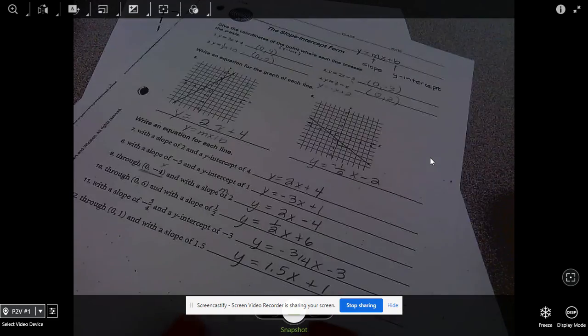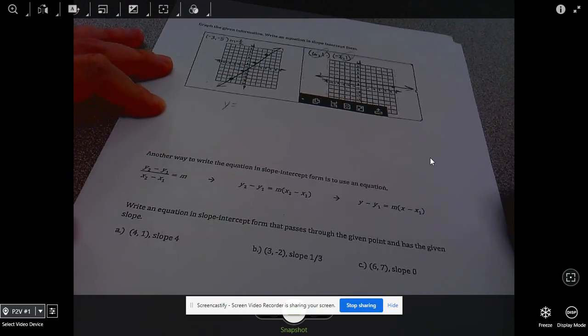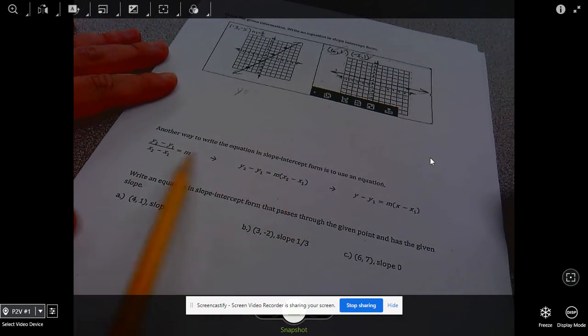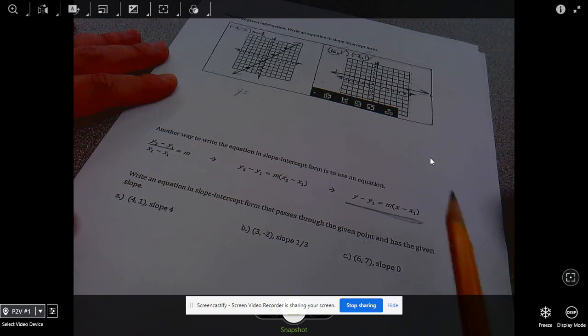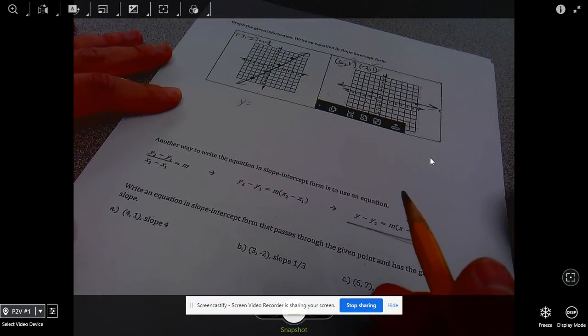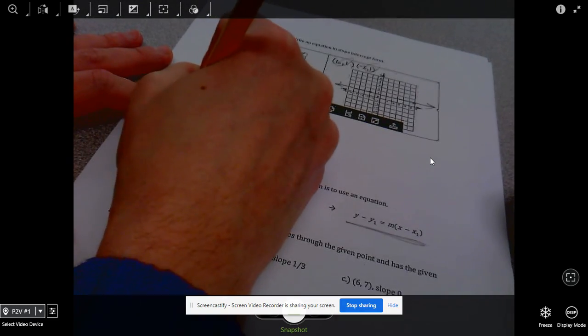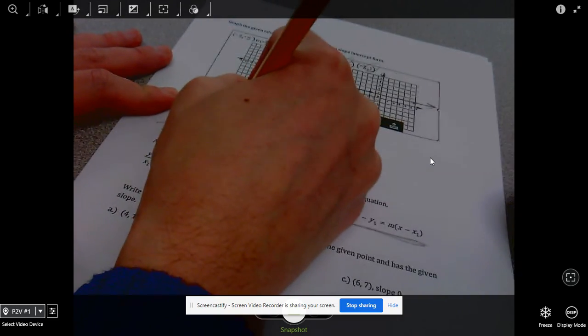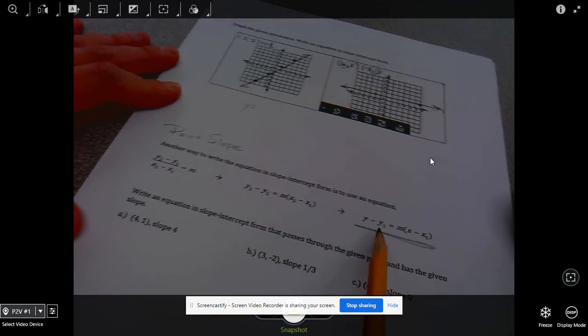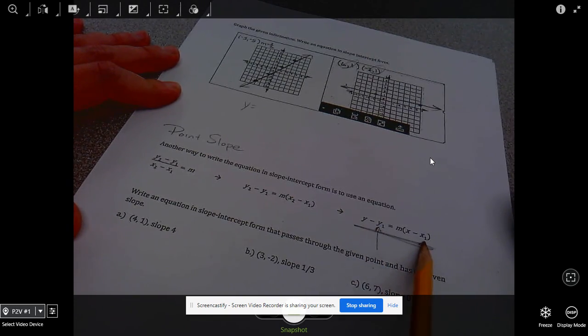All right, let's go back. What happens though if we're not given the y-intercept and the slope? It's a little more complicated. We can use this formula. It's called point-slope form. Okay, so when you're given a point and a slope,